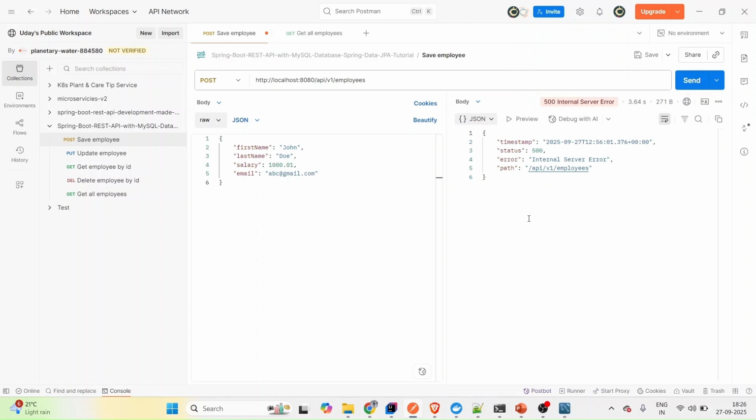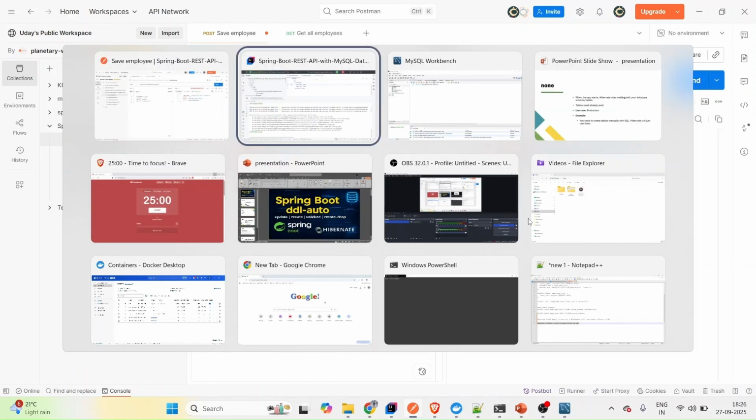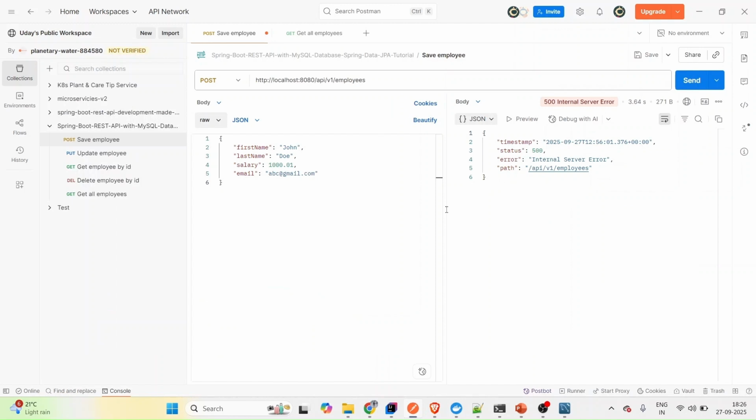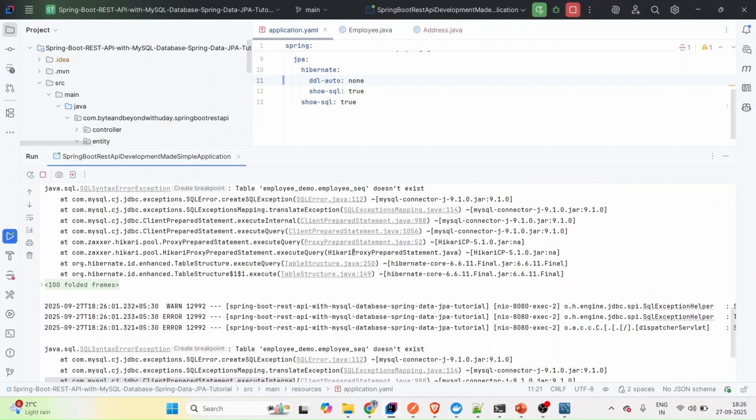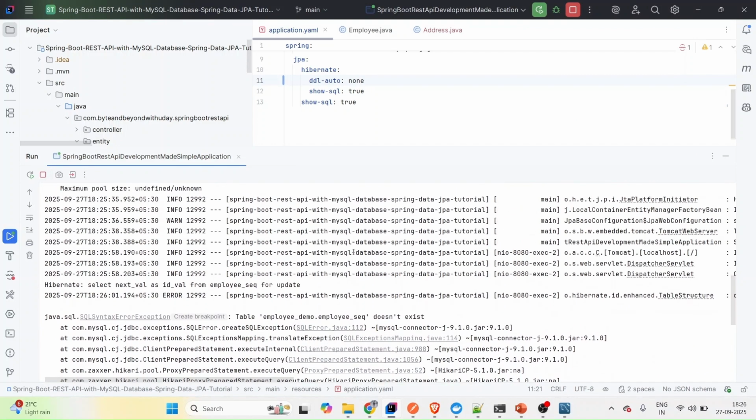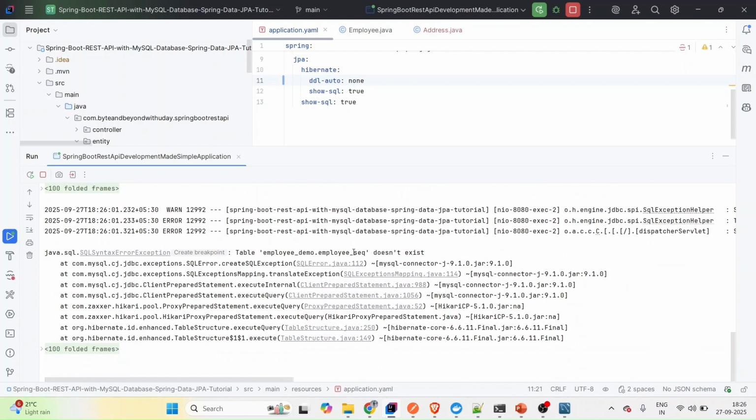See, 500 internal server error. This time we have tried to save the employee record in our table, but we got the exception. The message is the same: the employee sequence does not exist. Employee sequence is to generate the employee primary key. So this is the complaint from MySQL that